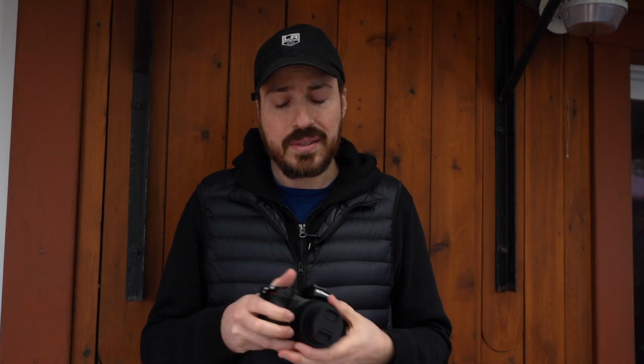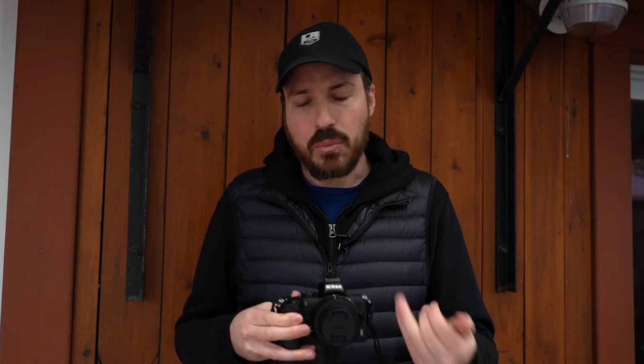I mean, when it comes to lenses with this thing, this uses the Z mount. You can use the FTZ adapter to use Nikon's other lenses. So again, adding to the cost, but also gives you a lot of flexibility when it comes to the lenses. Now, Nikon is committed to bringing more of the Z lenses out, so that will help. But at the same time, it also limits you in what you can use off the bat. Whereas Fuji and Sony have just an array of lenses that work with their cameras, which is why they have a head start. And that's my review of the